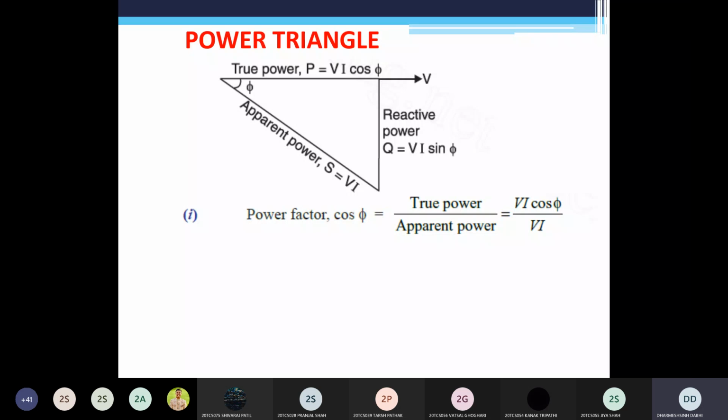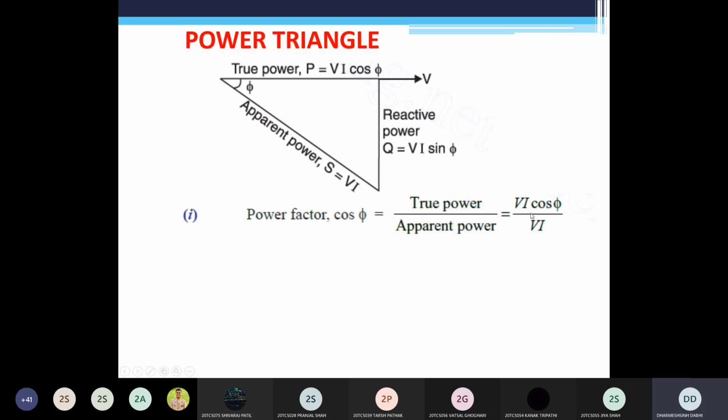So the power factor from this vector diagram you can write this way, which is nothing but the ratio of true power divided by apparent power. As we saw in the previous slide, that vector diagram is in terms of active, reactive and apparent power. So if you derive the equation of cos phi here, cos phi is what? True power, the nearest side, divided by the inclined side, which is apparent power. So true power divided by apparent power is another equation of power factor.